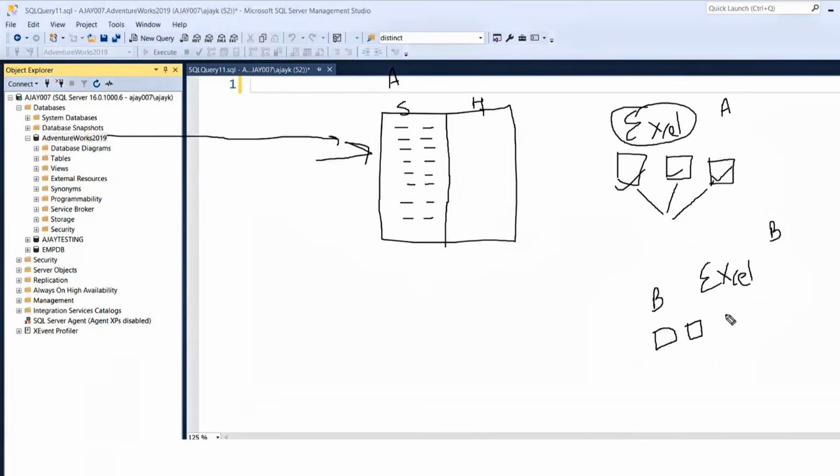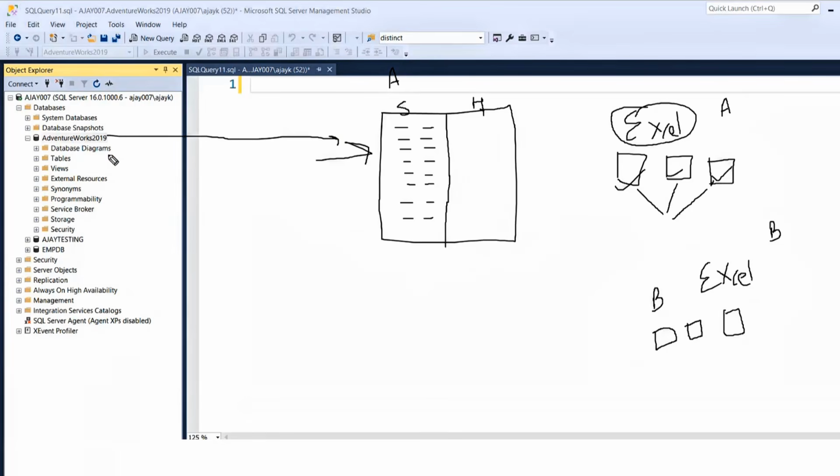Is it possible? Yes, it is possible. Isn't it? We can create as many Excels as we want. And this happens also in your office. You have different clients: Asia client, Africa client, Java client, India client. I mean, I have worked with the USA companies a lot, so that's how. So you always keep the data different, right?